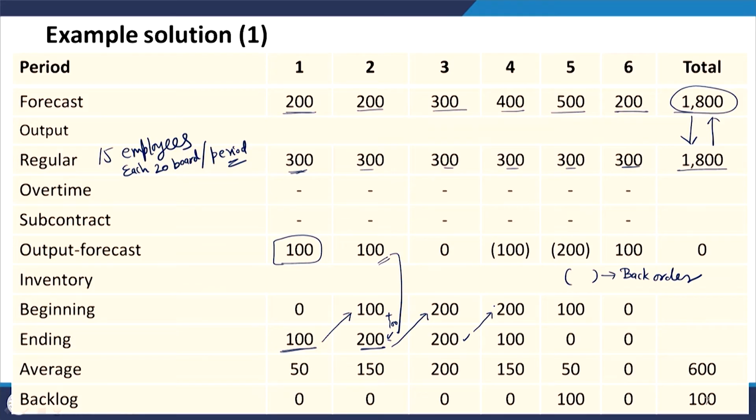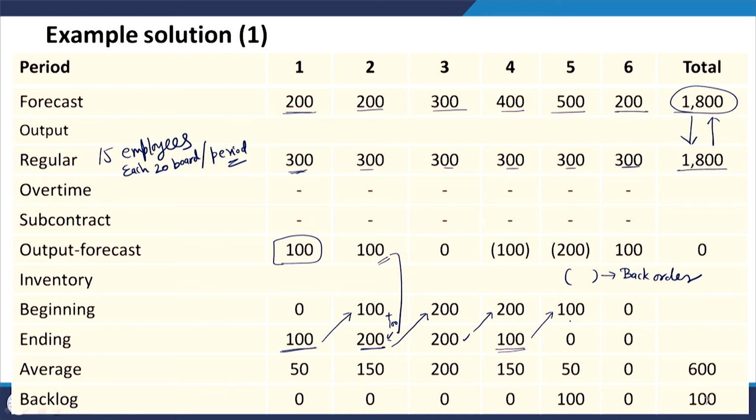But in the fourth period you are incurring a back order of 100, you have a shortage of 100 units. So, therefore, you will fulfill the demand of these additional 100 units from this available inventory. So, 200 were the additional supply available to you, and there was a demand of additional 100 units. So, out of 200, 100 you will consume to fulfill the extra demand. So, the final inventory available to you at the end of the period is 100 units. These 100 units will be the beginning inventory for the next period.